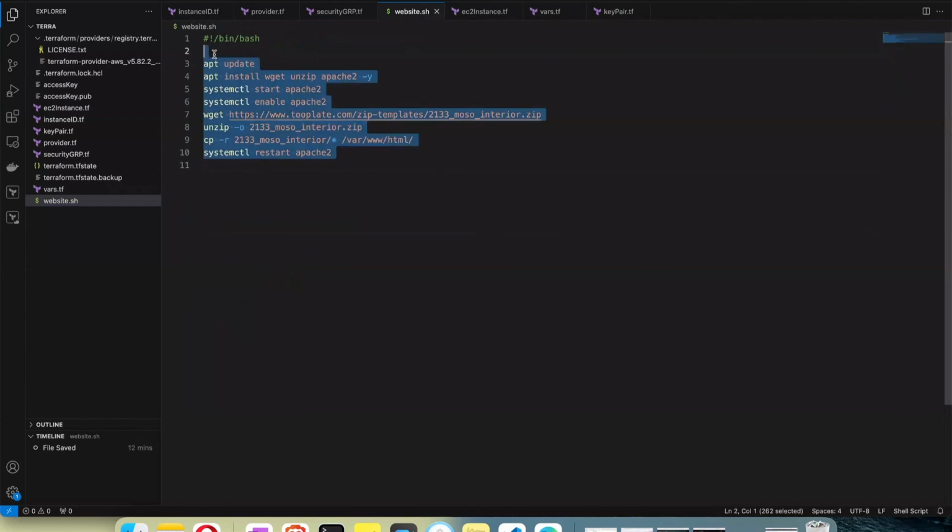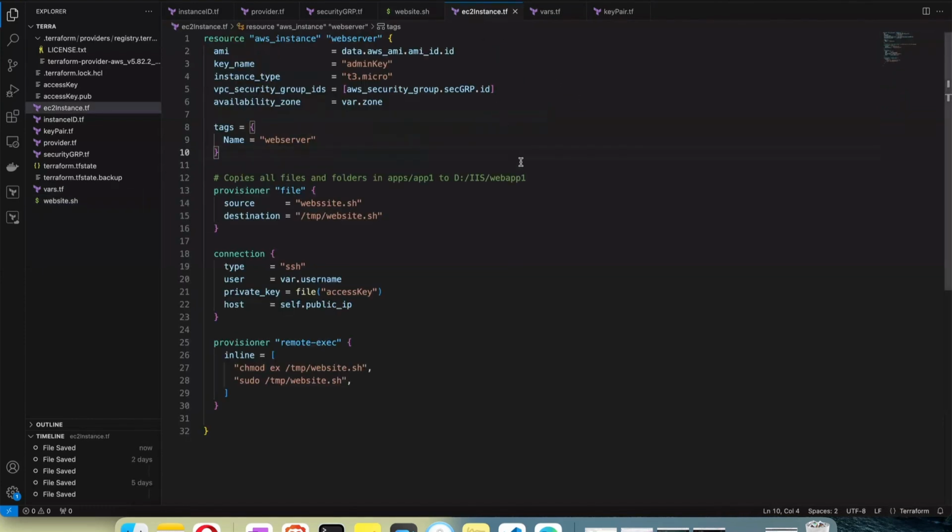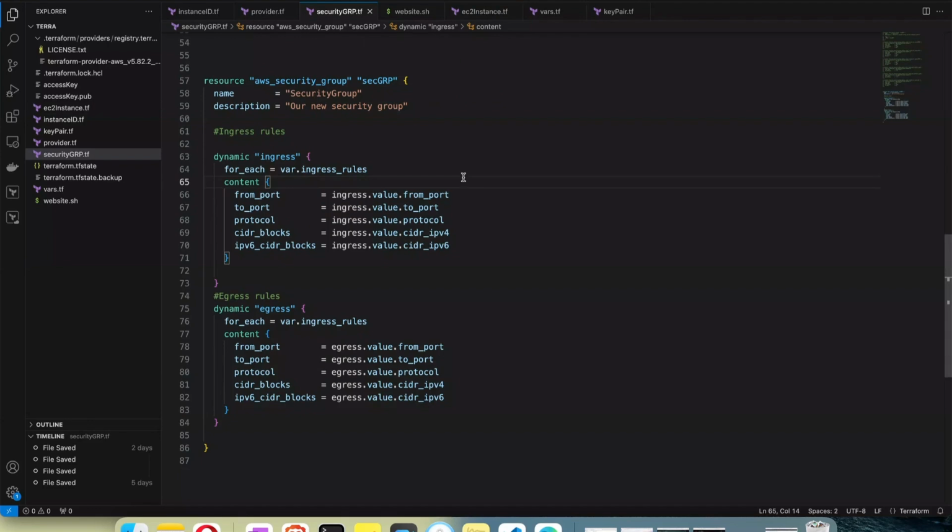Then we have this new file, website.sh. Then in our instance file, we have these three different sets of code, as you can see. Another important thing to point out here is that it is important to make sure that in your security group that you have,